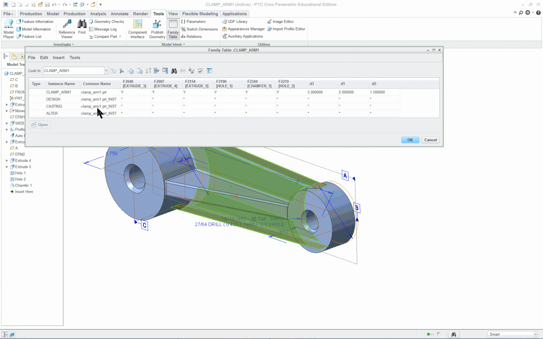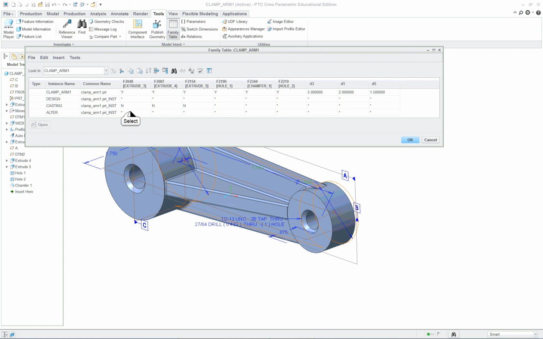I can change them to the common name also. I just changed the instance name. So yes means Y, means these are all the things available on the model right now. And on the design model, we also want the same thing, so we can leave that little asterisk. On the casting, let's turn off some of them. Now, in reality, if you shut off these 3, then you shouldn't have to worry about these, because these 3 are attached to that surface. Now, if you wanted to go in there, you could turn them off. On the final version here,